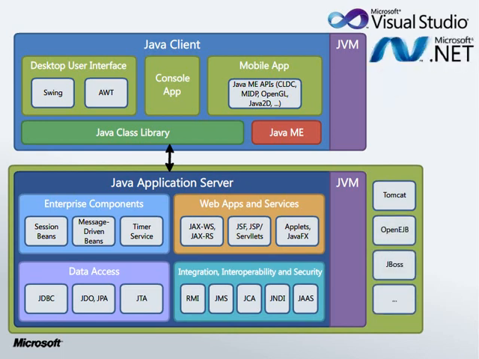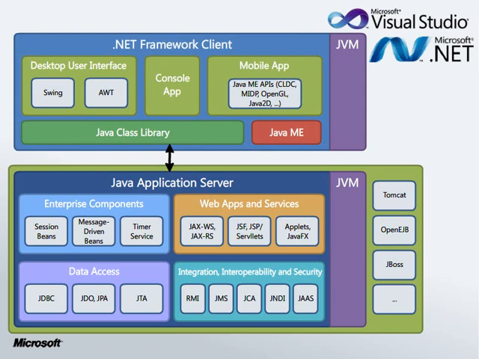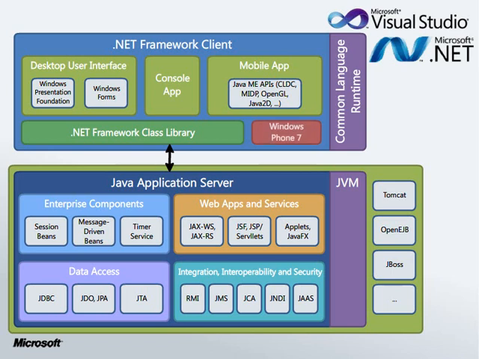The .NET Framework provides many equivalent features. You build applications by using a language such as C#, and these applications run by using the Common Language Runtime. The .NET Framework class library contains a large collection of utility classes. For example, the Windows Presentation Foundation and Windows Forms classes enable a developer to build highly polished and professional user interfaces. If you're building mobile applications for devices such as Windows Phone 7, you can use the Silverlight APIs or